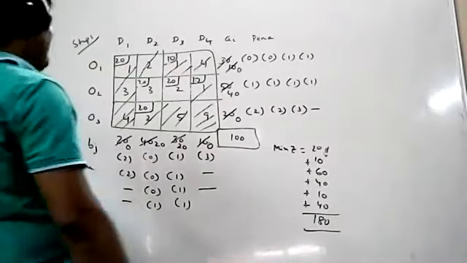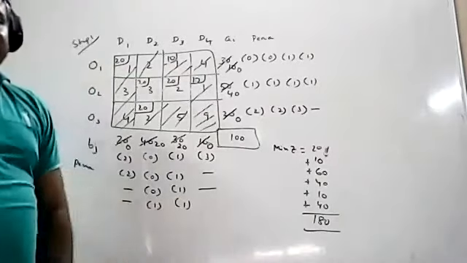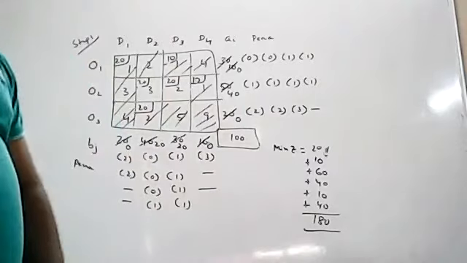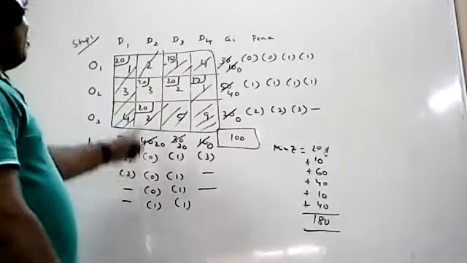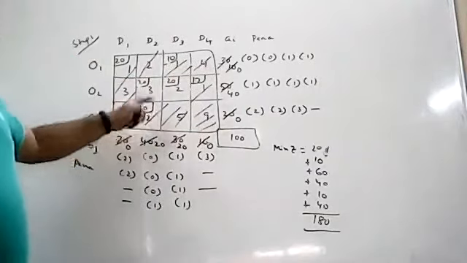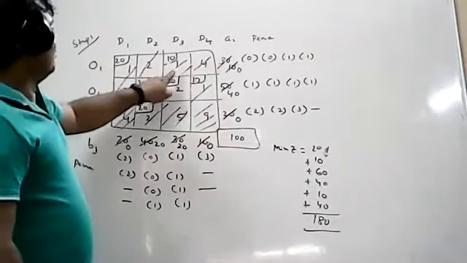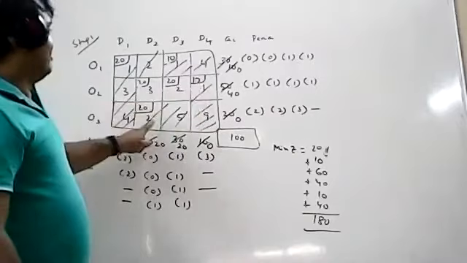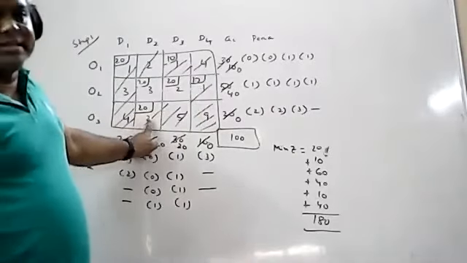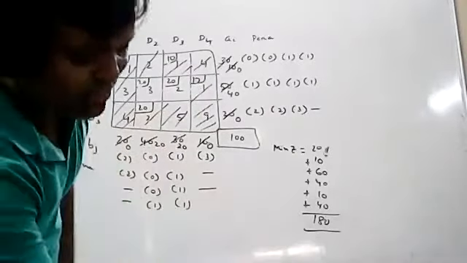1,80,000 you got by using the VAM method. So step number 1 is completed. Next, step number 2. What is step number 2? You have to check how many occupied cells are there in the problem. Occupied cells means wherever allocation is there. 1, 2, 3, 4, 5, 6. Number of occupied cells equal to 6.